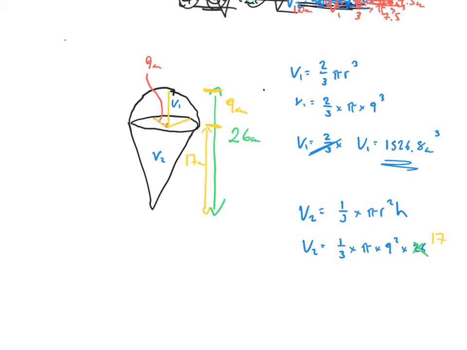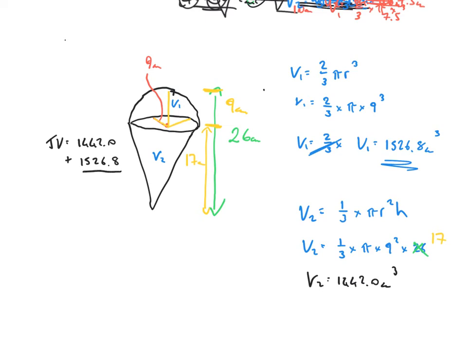Okay, and at that point, enter into the calculator 1/3 times pi times 9 squared times 17. And that is going to be 1442.0 cubic centimetres. Okay, I found the volume of the cone, the volume of the hemisphere, add them together, TV, total volume is 1442.0 plus